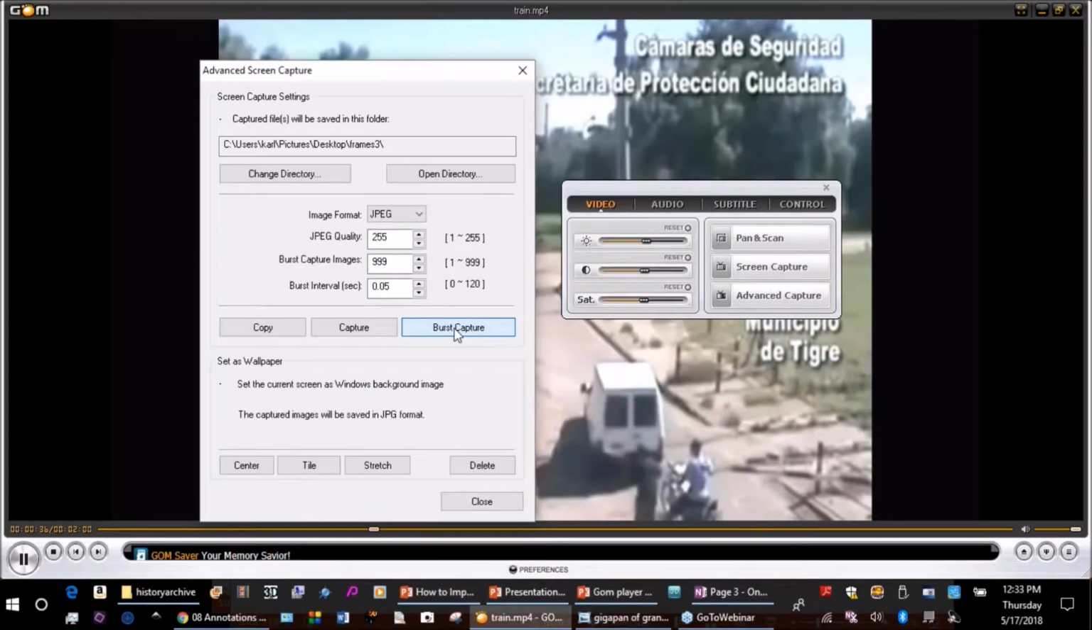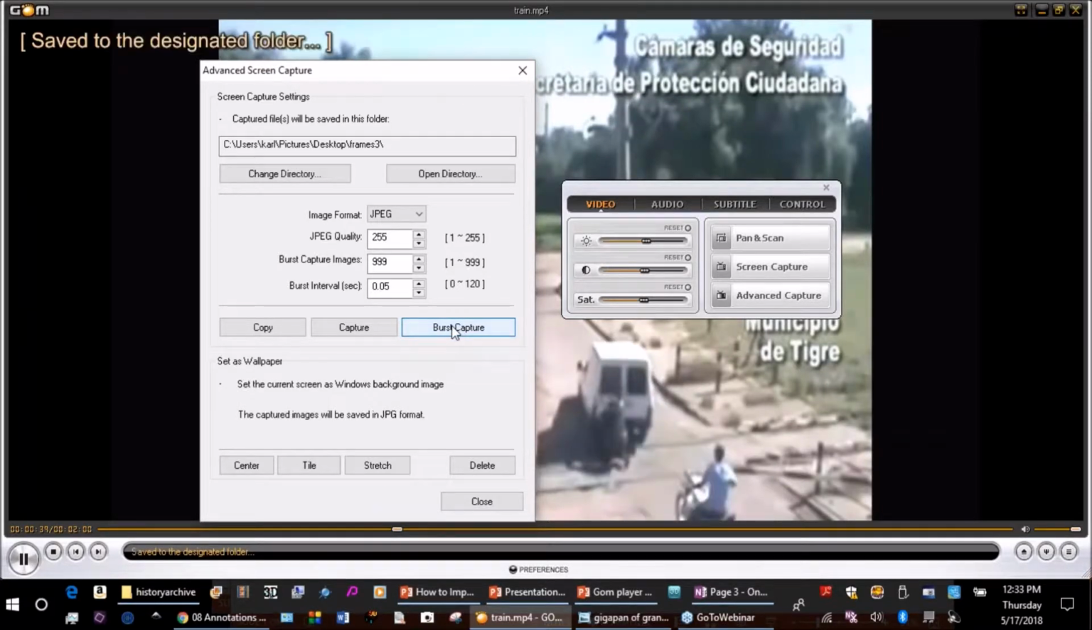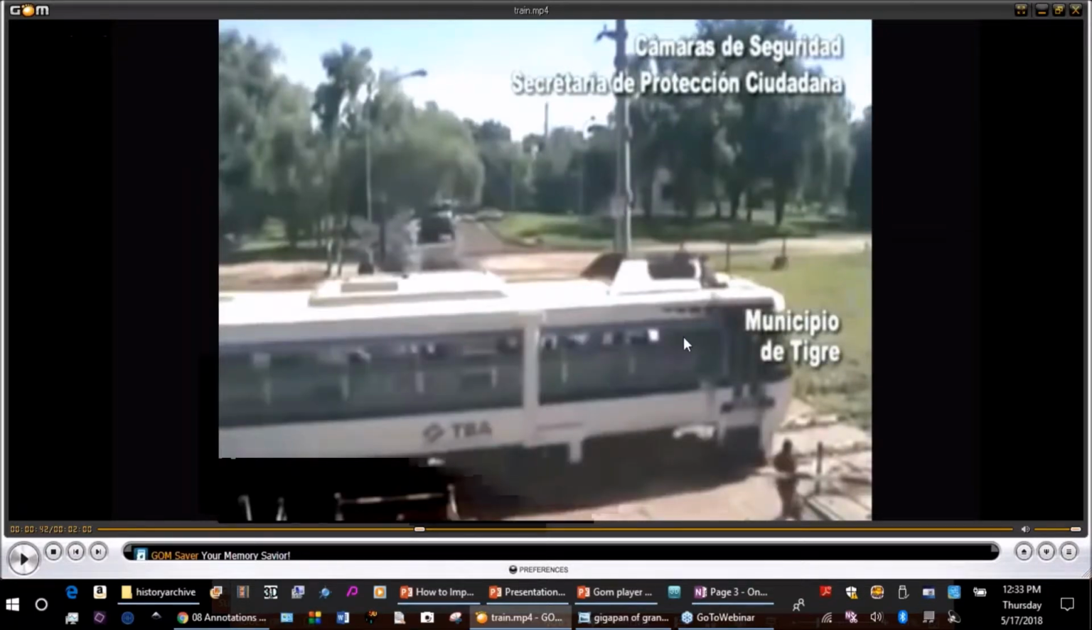Once I see him in a new position, I click and keep clicking until I get the sequence that I want to bring into my PowerPoint. And I'm clicking the burst capture when he gets over the tracks. Now I click burst capture when he comes back and out of the way. And then I can stop the video, and I can close this, and then I've got my sequence out of